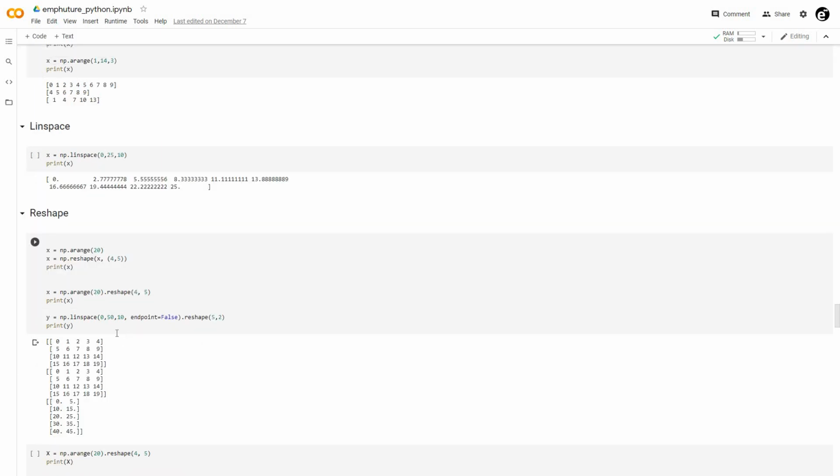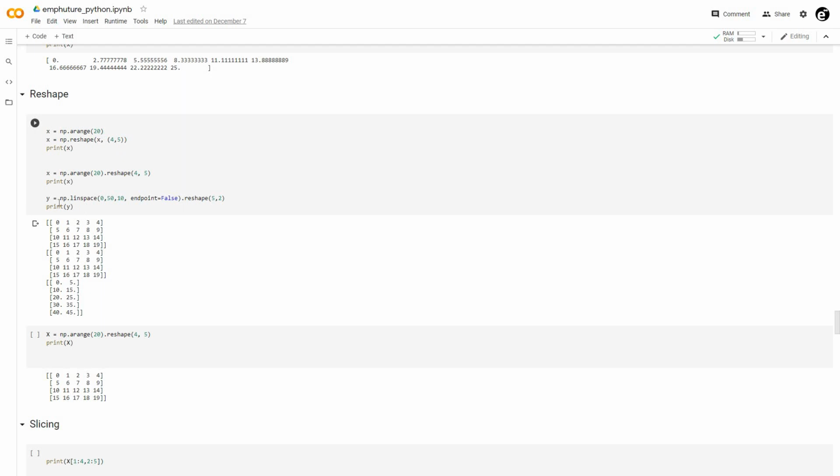Then we have reshape function for the shape manipulations in NumPy arrays actually. Here we are creating an array with arange function which will be one-dimensional array. Then we are converting it to a 4x5 matrix. Now here is a trick. Always remember that the multiplication of these two must be equal to the size of initial array. Otherwise it may give you an error because array after the conversion may get overflow or underflow. Similarly, we can do this with the linspace function.